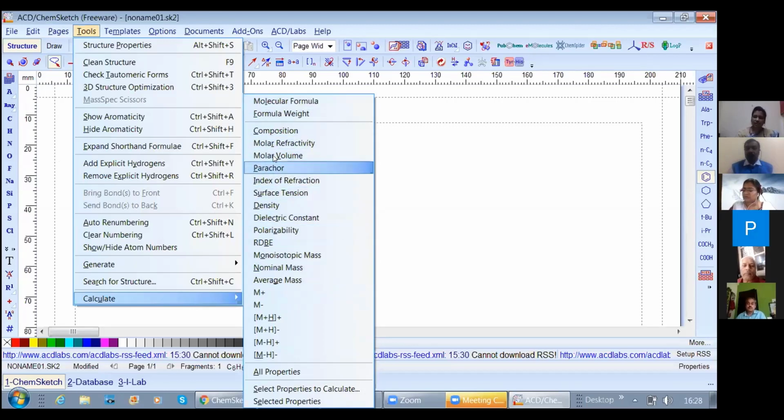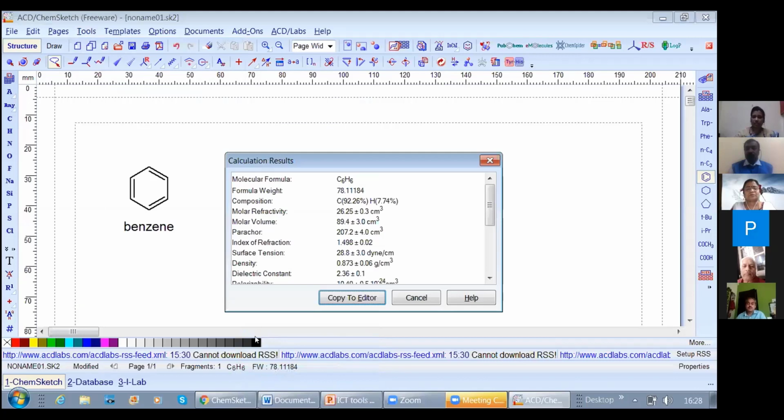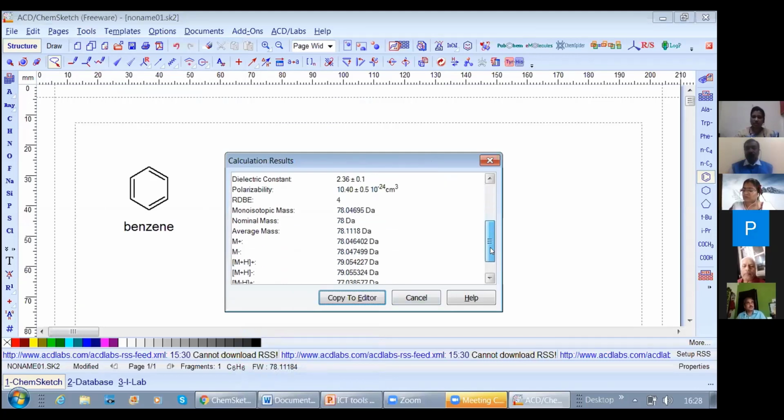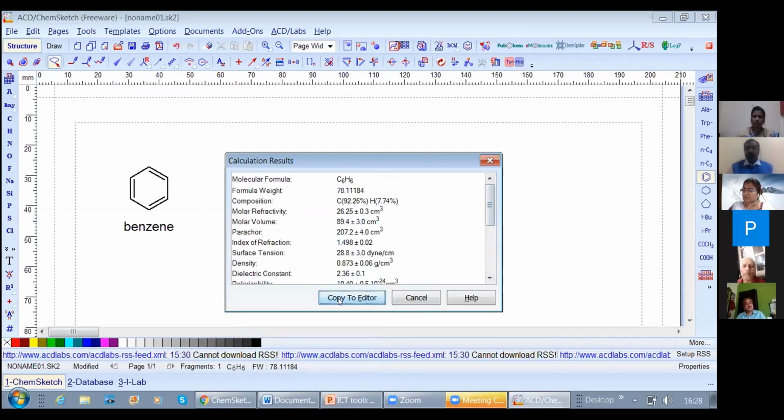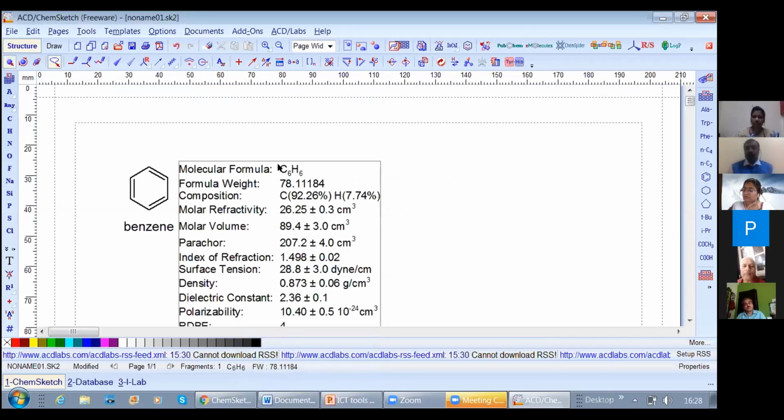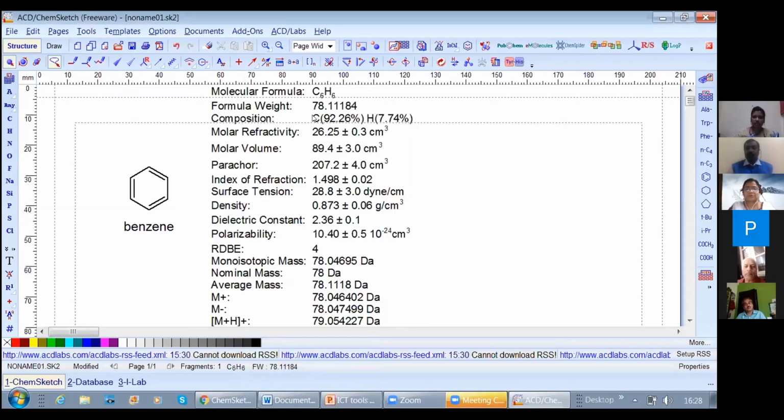So if you want any property in particular, just click on that, you will get the property. Or if you want all the properties to be calculated, you can click on all properties. So it will calculate all the properties. So you can go to copy to editor. So you will get all the properties here. So this is one advantage, whichever compound or whichever element you draw, you will get all the properties.